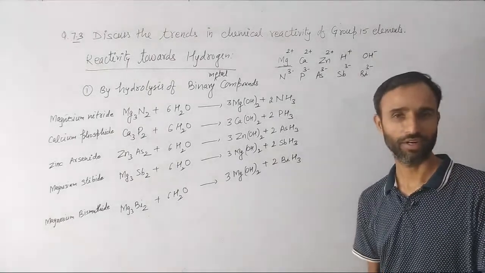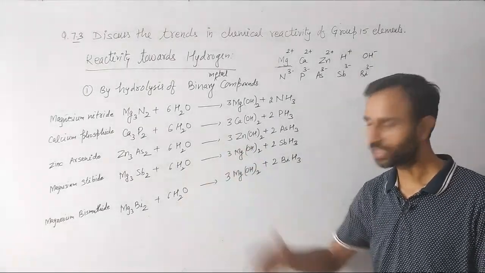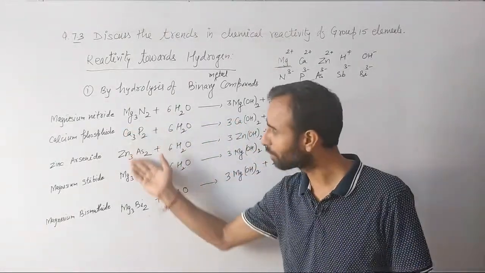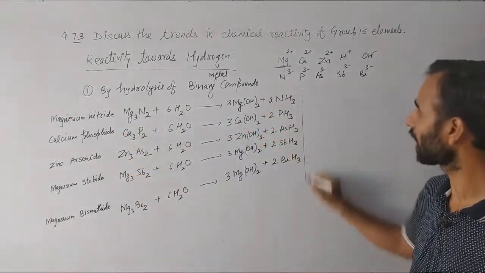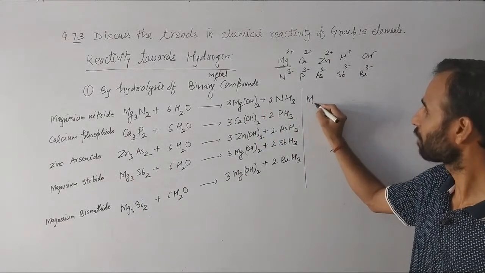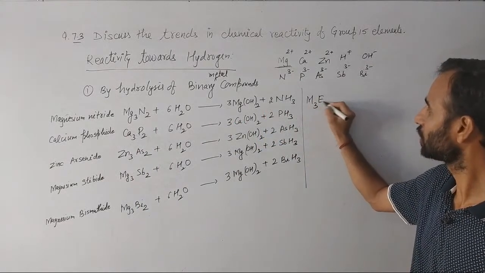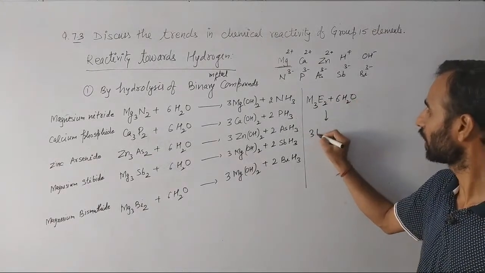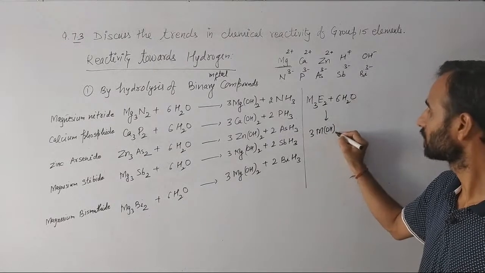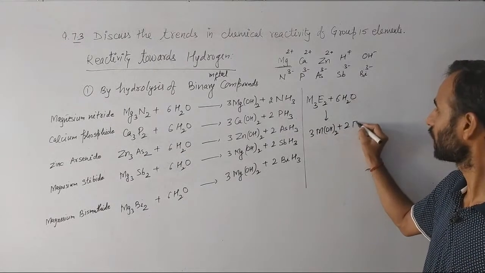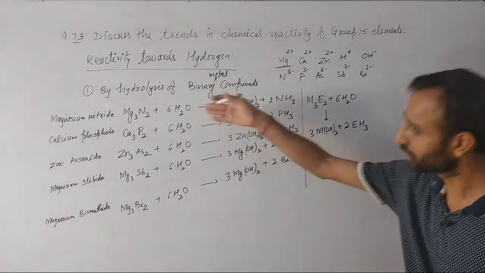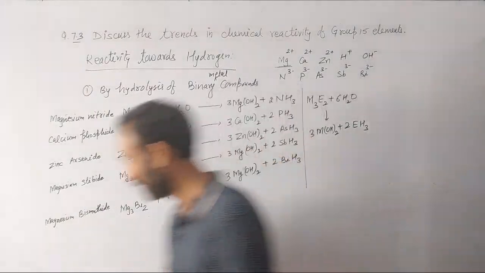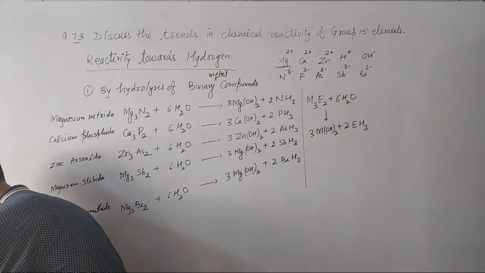Any doubt in it? I think it is crystal clear to you, because all have same type of metal. Means if we write it as M3E2 plus 6H2O to give 3 M(OH) twice and 2 EH3, so it is common to all, right? Okay, now next is